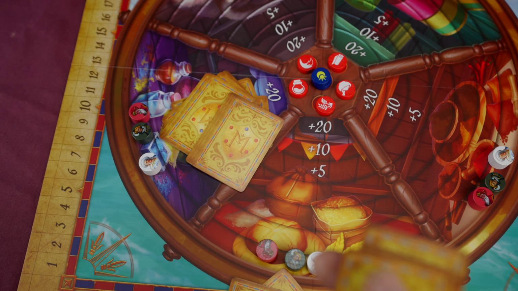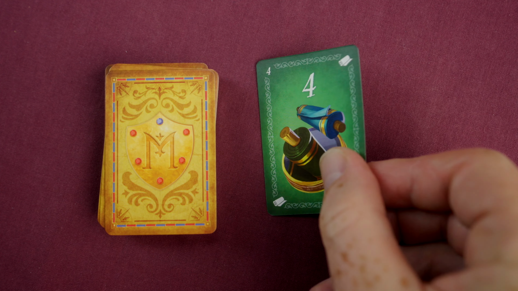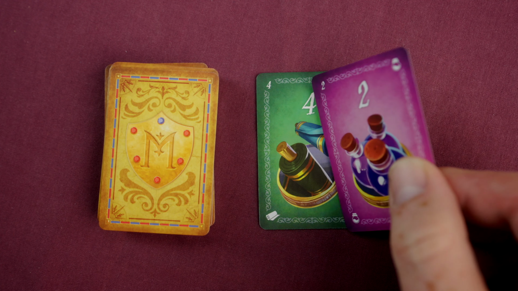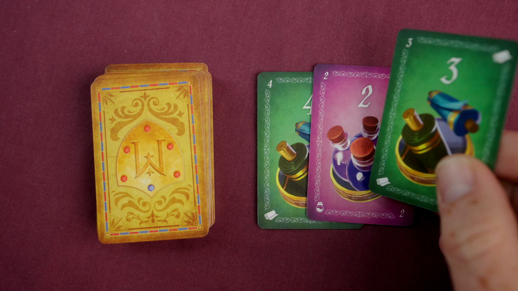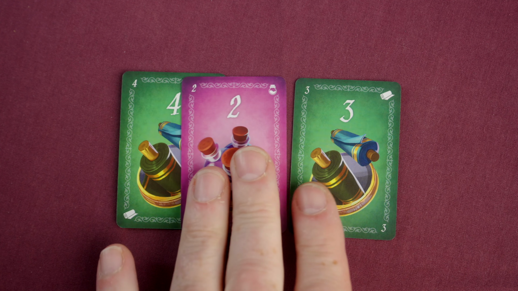So what you're going to do on your turn, you're going to draw the top card of the commodity deck. You're going to look at it, put it in front of everybody, and then you're going to decide whether or not you want to stop or draw another card. You can stop drawing cards after you've drawn 1 or 2 cards, but you can't draw more than 3 cards. Once you've decided that you want to stop drawing cards, then you will present the cards as a lot for